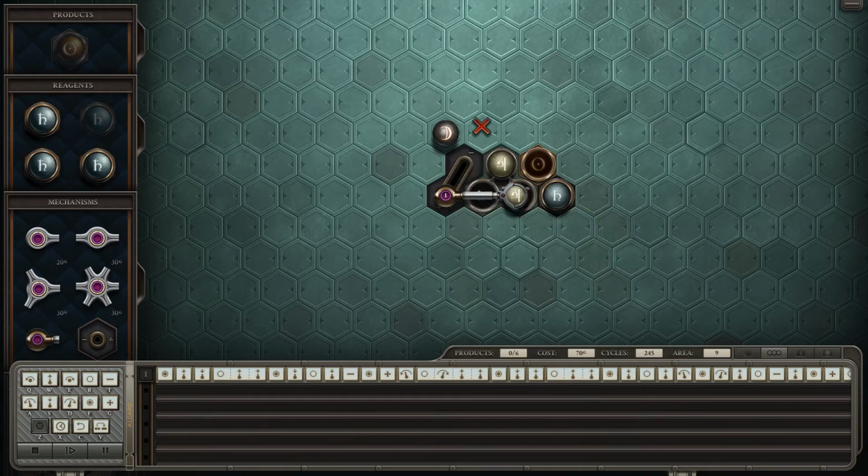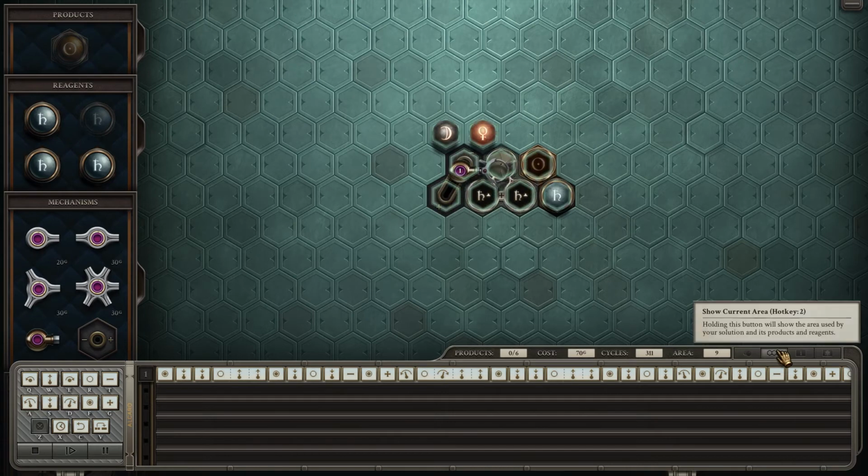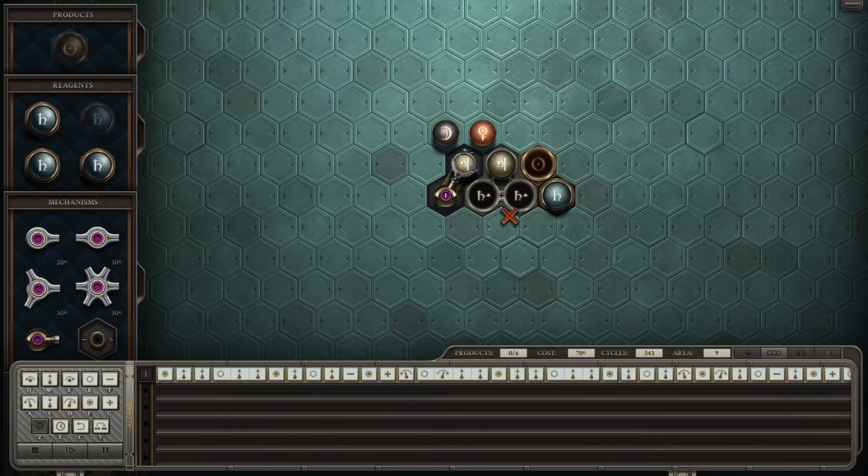And so here we go. We just have the copper here, the silver there, and then once we get back around, it'll all be done, and we will only use those 9 pieces of hex to get all this gold done with. As opposed to our fast solution, which used all of the area. But unfortunately, this solution takes forever